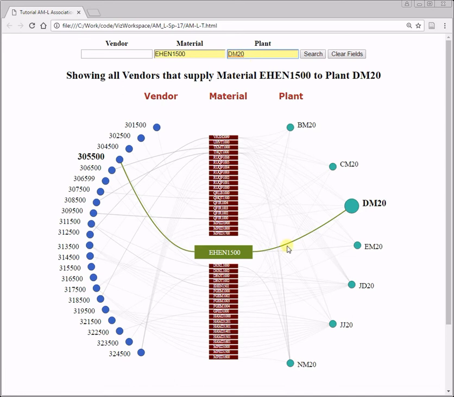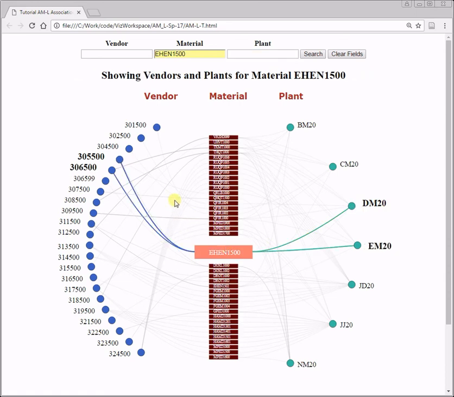So notice that when both connections are highlighted in the same color, that indicates a three-way relationship. Basically that this vendor is supplying this material to this plant. But when the coloring of the links is different on the left-hand side and the right-hand side, that indicates two separate relationships. So this is an association of material with vendors,